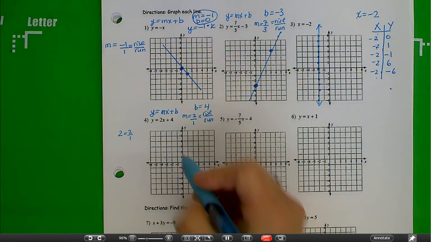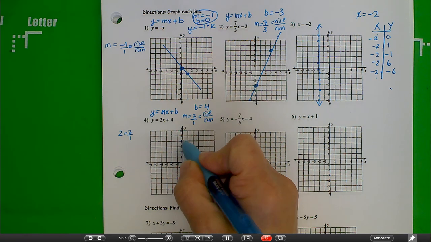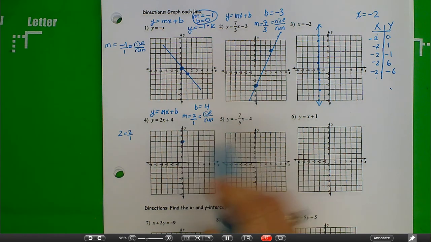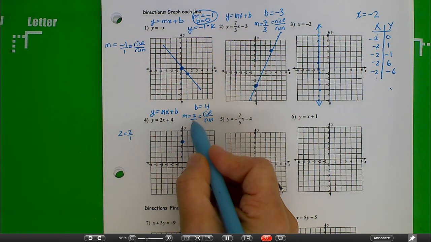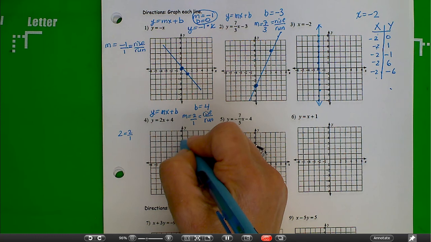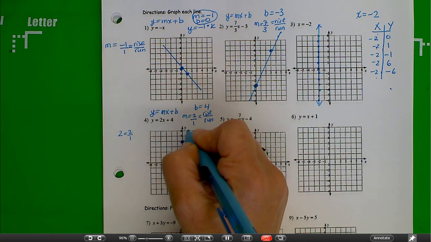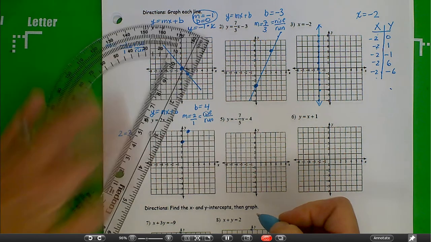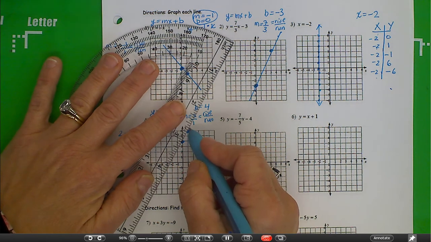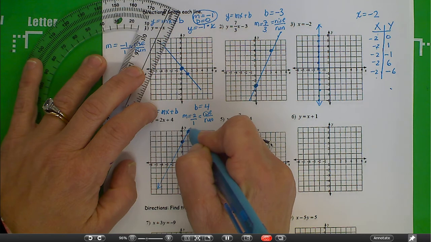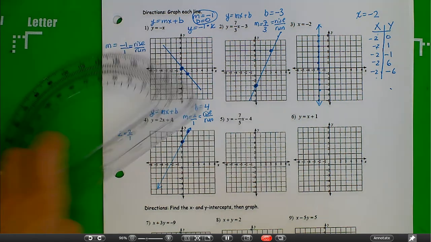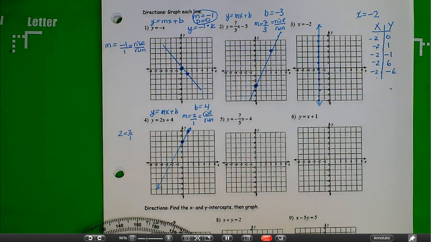So we're going to start off with 4. And we're going to go up 2 over 1. We always go in the positive direction if it's positive. So 1, 2, 1, and this is our line. Here we go. Now we're going to go